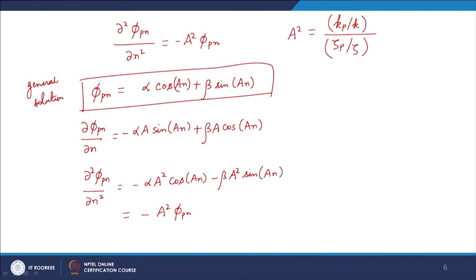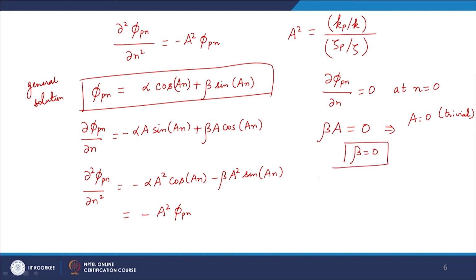and if I now use the first boundary condition, at n equal to 0, we can put n equal to 0 here. The sin term is anyway 0. The cos term will give me beta a is equal to 0. You can see a equal to 0 will be a trivial solution because this will give me the k_p values to be 0. So, we go for beta equal to 0,